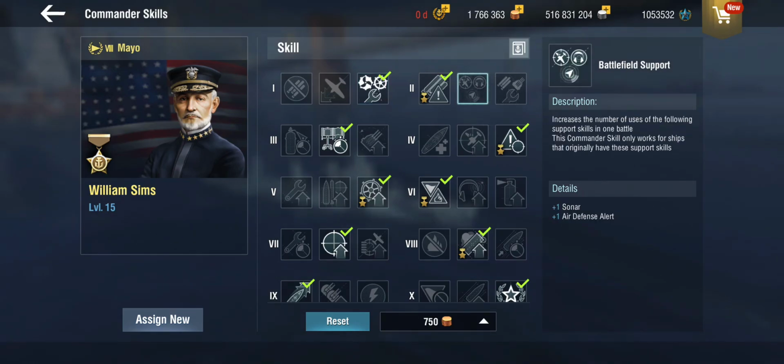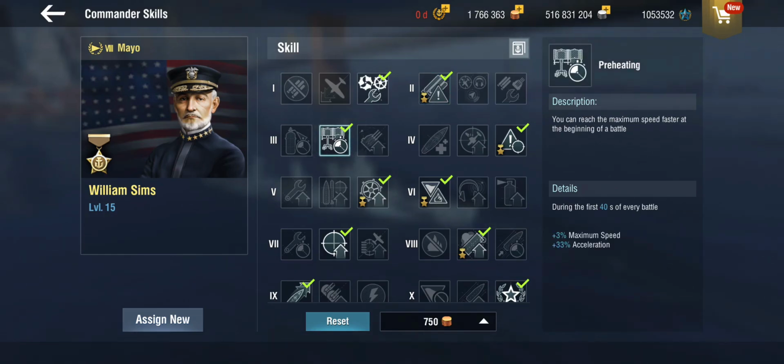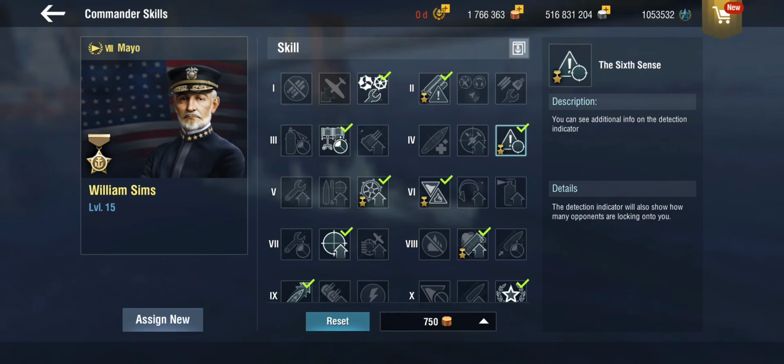We don't have a defensive AA, so there's no use in taking battlefield support. In return, Sims brings us the Torpedo Alert Plus, which is sort of a poor man's perma sonar, because it gives us a 20% detection range on enemy torpedoes, makes it easier to see them early on. Preheating is a no-brainer, and on Sims we get the Sixth Sense, which is generally quite useful knowing that other